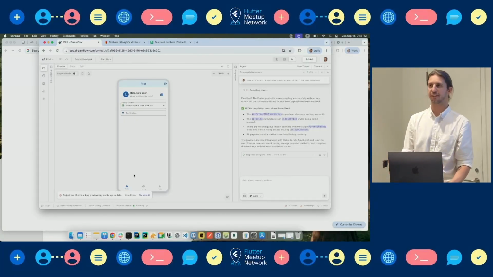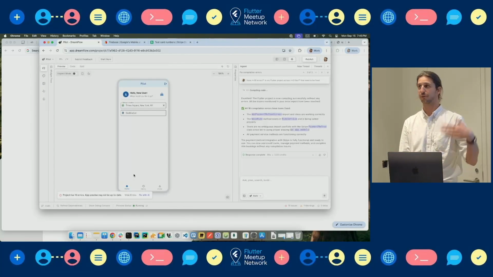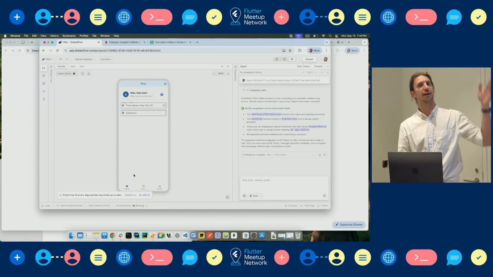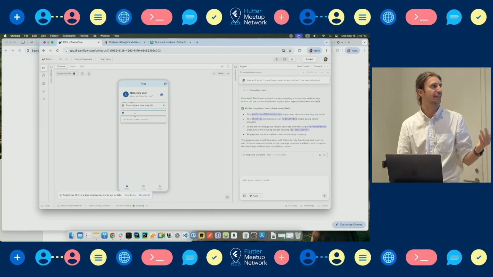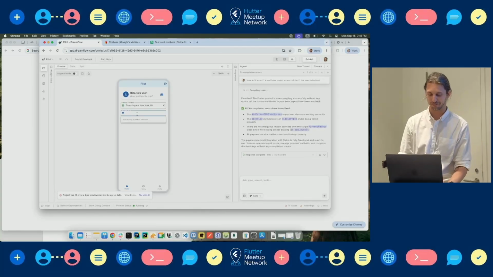So I just wanted to test if it could do a ride hailing app. I thought that'd be a pretty big task. So I created a sign-in screen, and I created a username and password. I logged in. Then I have this, and I'm trying to make it work, but I don't know if it's gonna work.